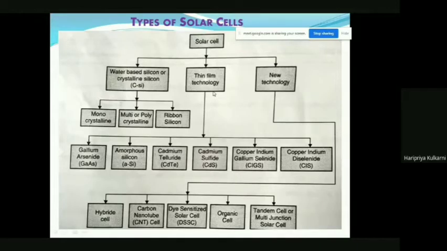A cell in a multicrystalline structure is made up of a number of relatively large areas of single crystal grains, each varying in size from 1 mm to 10 centimeter. So a large variety was available in the sizes of a silicon cell, and when we go with multiple sizes of the same crystal, it becomes multicrystalline. Now this is a bit theoretical because these are just the types. So you understand the difference. I am trying to pinpoint the basics in different types so that it will be easy for remembering.